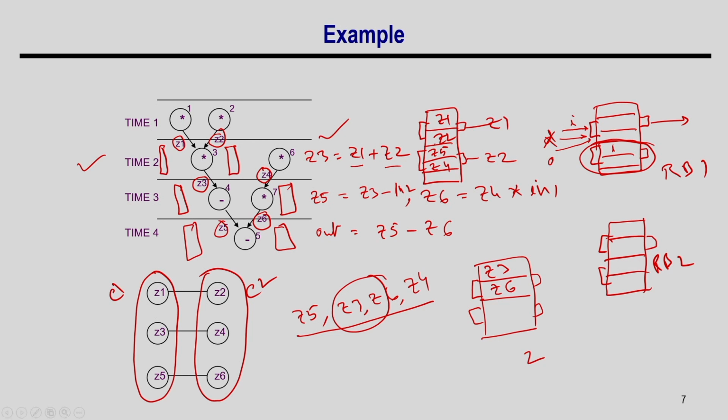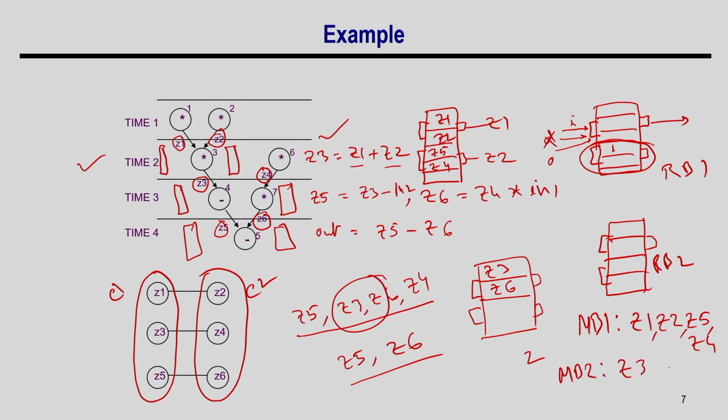So, 2 ports are sufficient, and what is happening in the last step? It is Z5 and Z6, and since Z5 is here and Z6 is here, it is satisfying the port requirement. I have to access only one value from this memory bank and one value from this bank, which is supported by 2 ports. Okay. So, this is how we solve the problem. My memory bank 1 will store Z1. You can have multiple solutions; I just talked about one possible solution: Z2, Z5 and Z4, and my memory bank 2 will store Z3 and Z6. This is the solution I got.